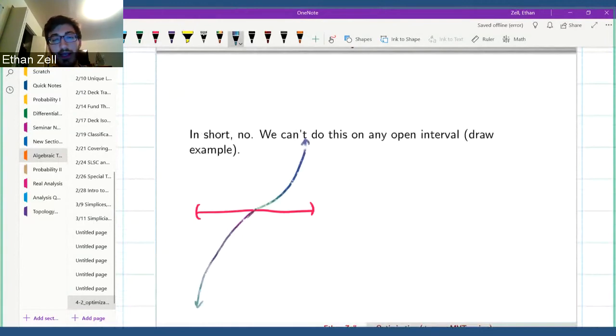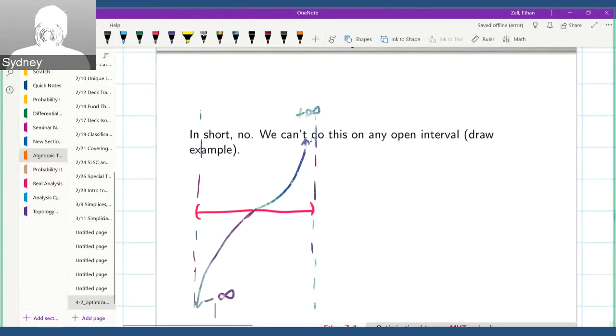Here's an example where I'm allowing the function to have asymptotes at a and b. Because I'm allowing the function to have asymptotes there, I can let my function go to plus infinity over here, minus infinity over here. This function has no global max or global min,